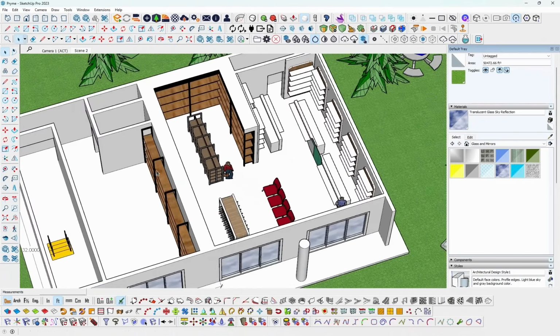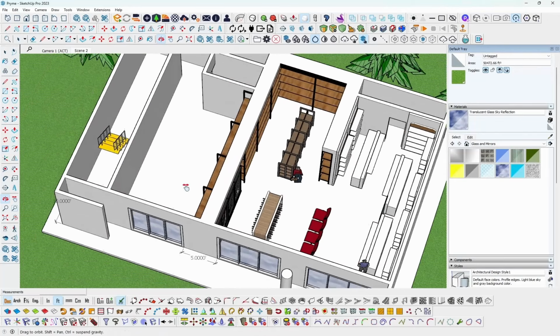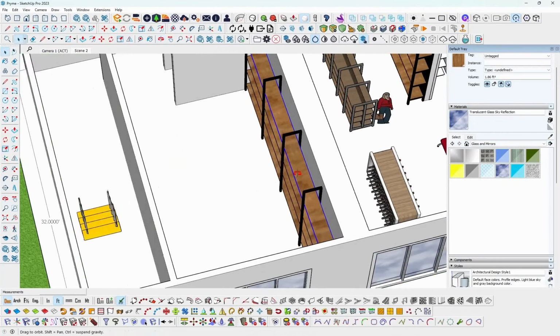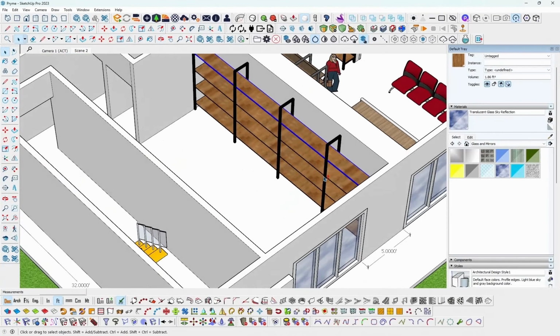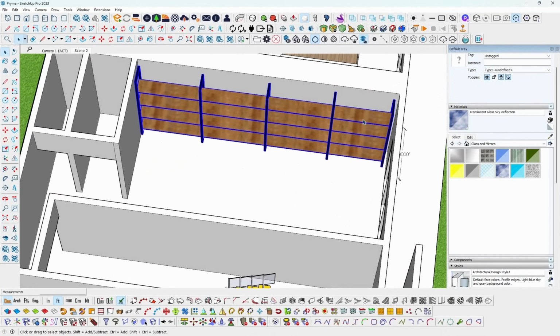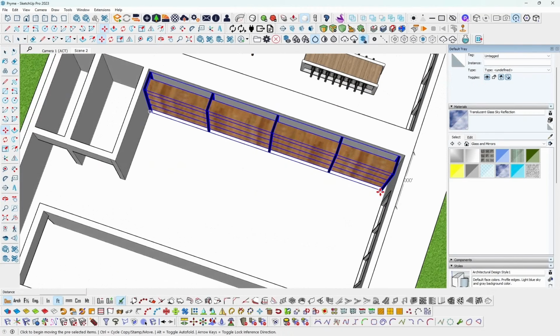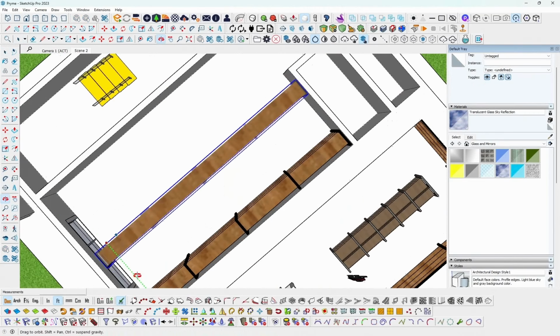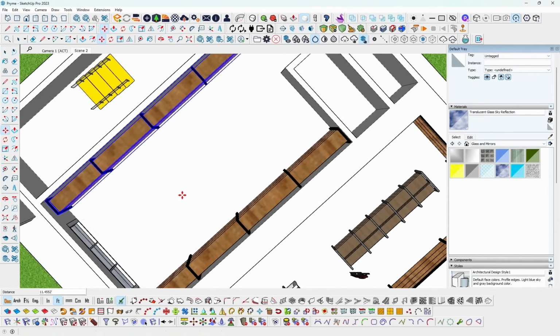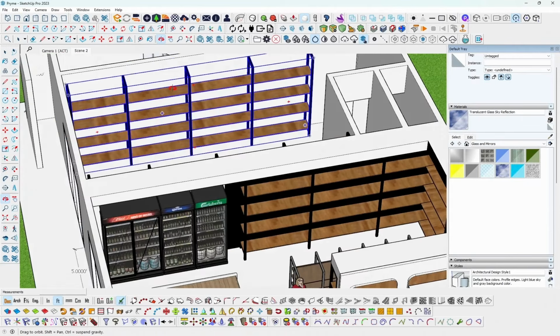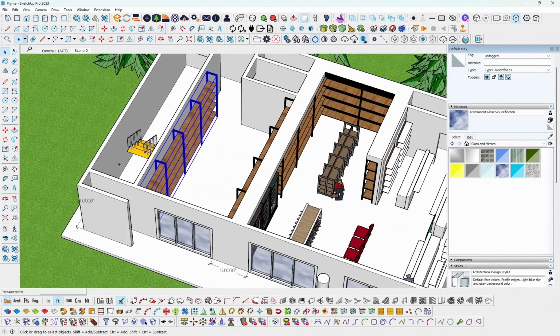There is the same thing for this part of the room. So at this point, I think we will have to group these. Everything in here. Group it. Make a copy. For here. Yes. Now